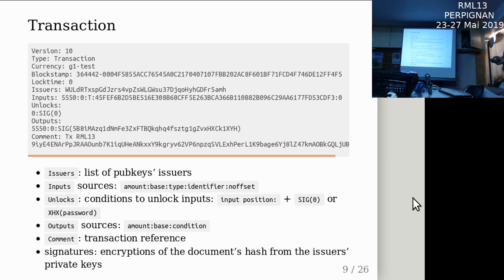But what happens if the amount is coming from another transaction? In this case, the amount in this transaction is coming from another one. So what happens if we want to transfer just part of it? We'll come in detail about this later. I just want to make it simple now. There is too much information. Yeah, step by step.